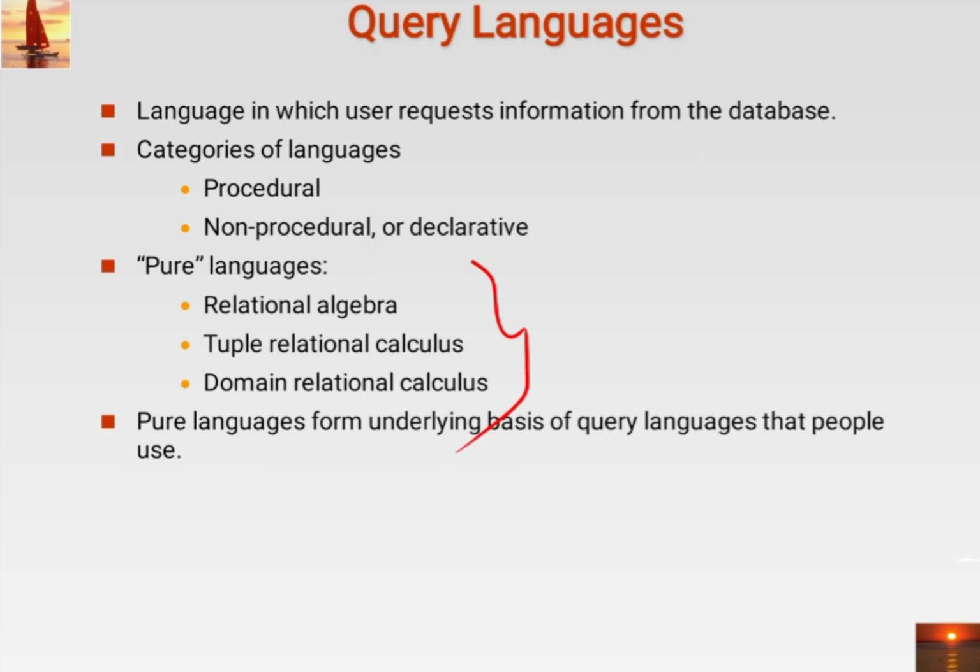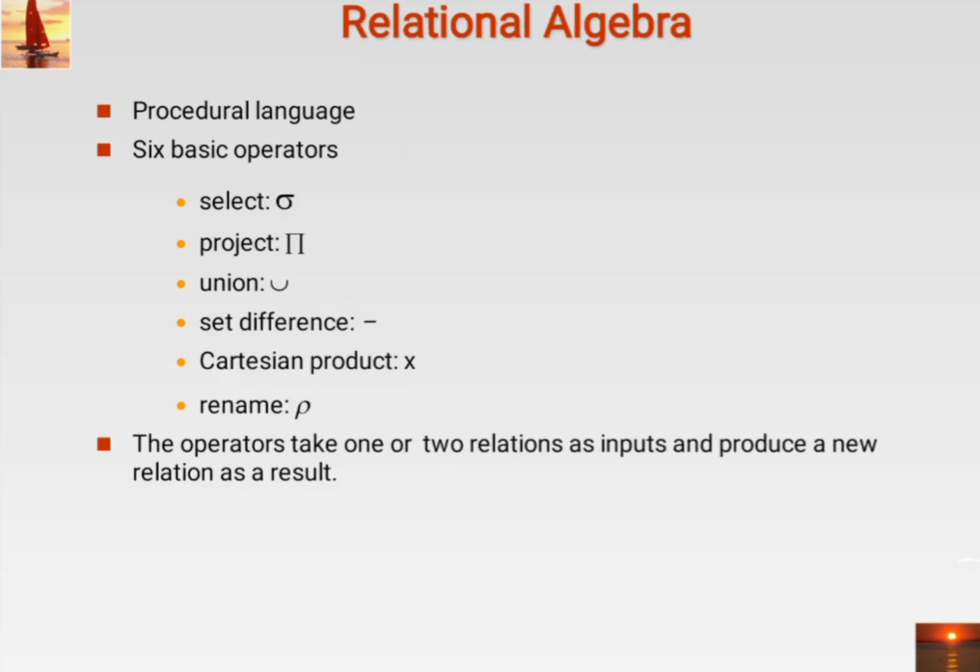Then the query language, as we have told you, you people have already studied relational algebra, tuple relational calculus, and domain relational calculus. Relational algebra expressions, out of that, the basic operations select we have seen and project we have seen. But before starting with the other relational algebra operators, what is the basic difference between select and project?